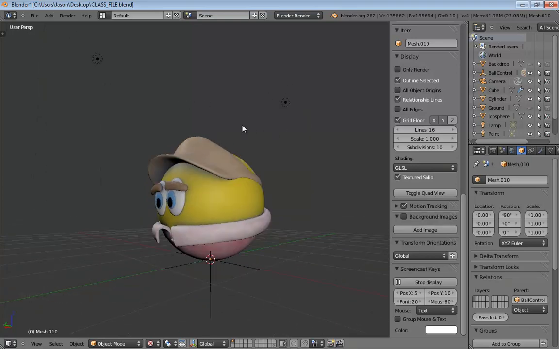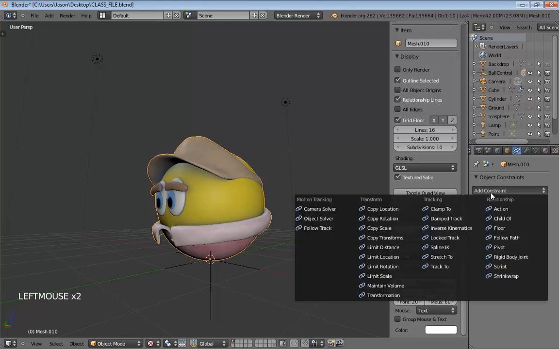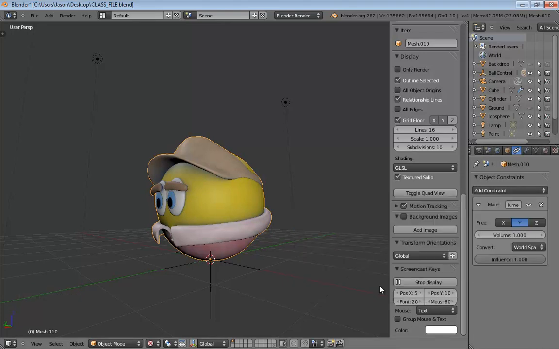All right. Now, moving on from here, to handle squash and stretch, what we're going to use is a scale constraint, or a special kind of scale constraint, actually, called Maintain Volume. So over in your Properties window, if you go under Constraints, click Add Constraint, and drop on Maintain Volume. Now here's the trick. What this does is it allows you to scale the character in one axis, and the other two axes will scale in the opposite direction proportionally. So mathematically speaking, whatever it is you're scaling will maintain the same volume.